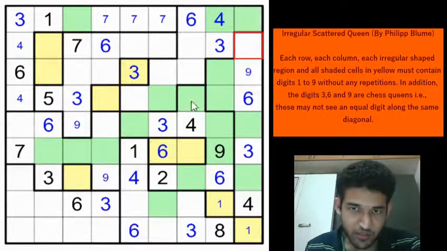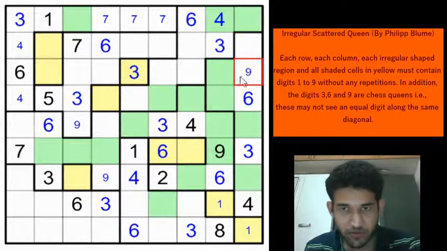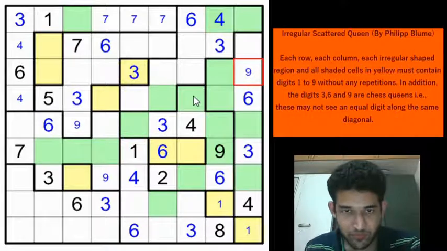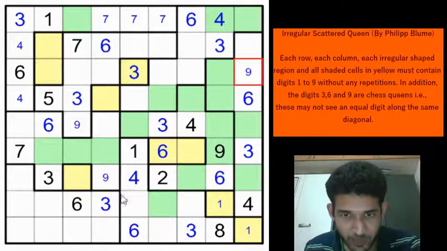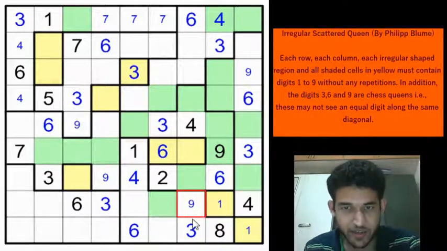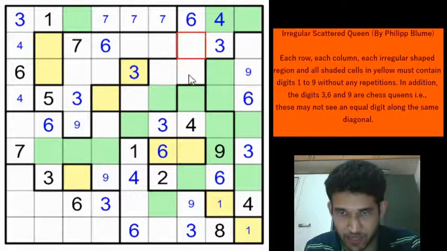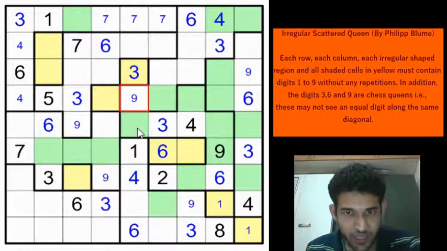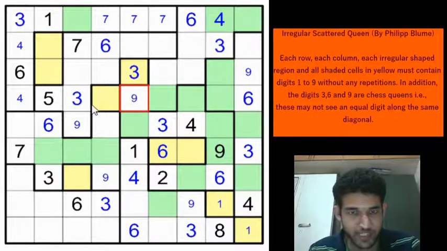It can't be here because then this cell and this cell will be 9, so 9 would be here. Okay. Is that giving us any elimination, any sharp deduction? Okay. And because of this 9, we can eliminate the 9 from these two cells and we get a 9 here, right? Okay. And now these two cells will be eliminated as location of 9, and 9 can't be here as well, so 9 would be here.